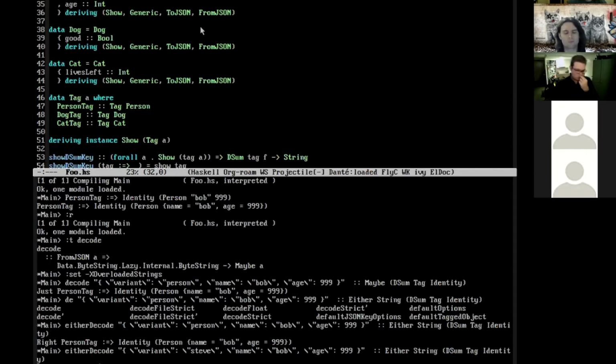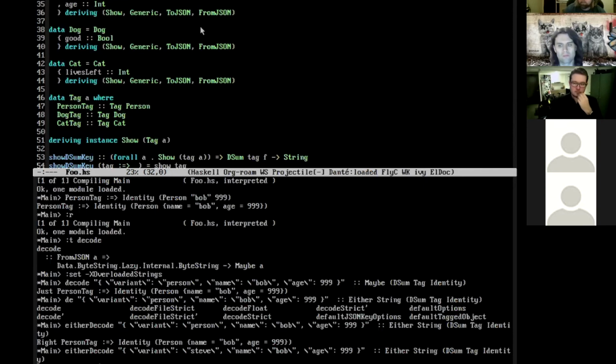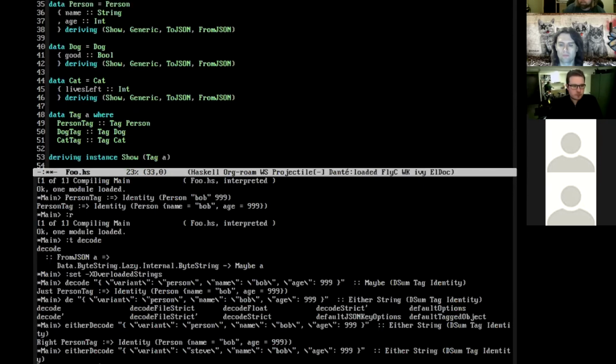Ben, you might be able to speak more to this, but I think in the Obsidian codebase they use it a lot to use the same structure to talk about the things I might be interested in. If I have a map, and you take it on faith that DMap tag f exists, this is like a collection of dsums in some sense, where you have each tag appearing at most once.